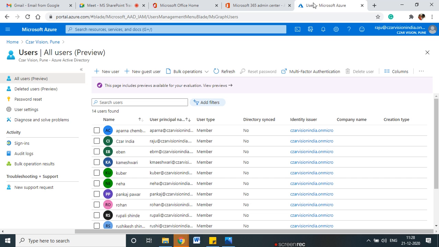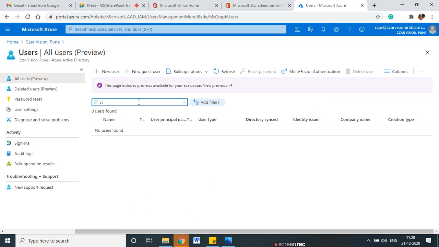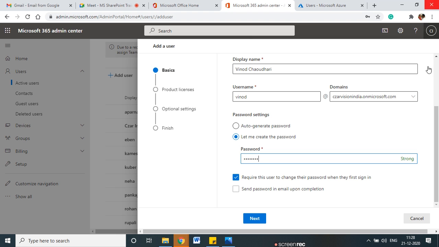Now this Vinod is not here. See, Vinod is not here. I just check in the Azure portal whether Vinod is there or not. Okay, Vinod is not here. Now I'm creating the user in the admin center. So once I click next,